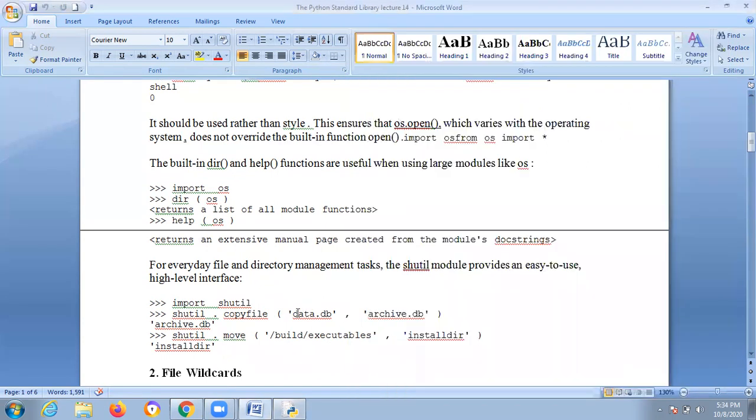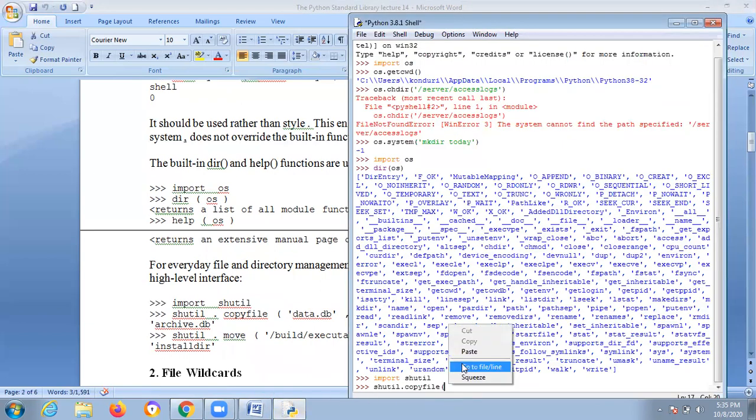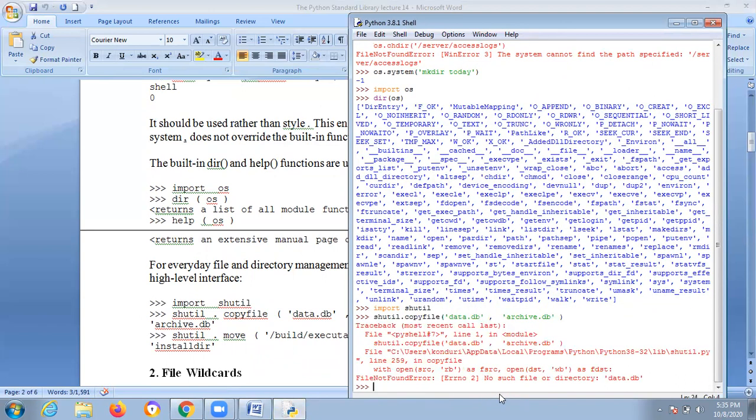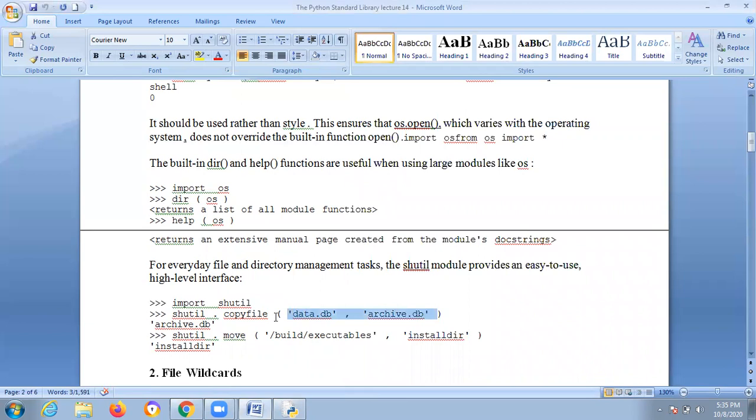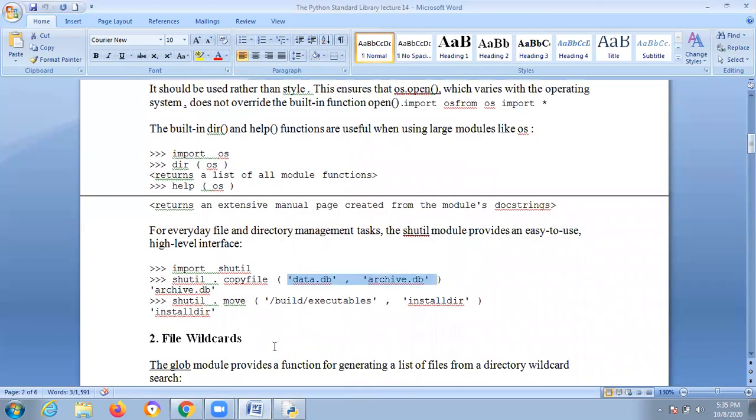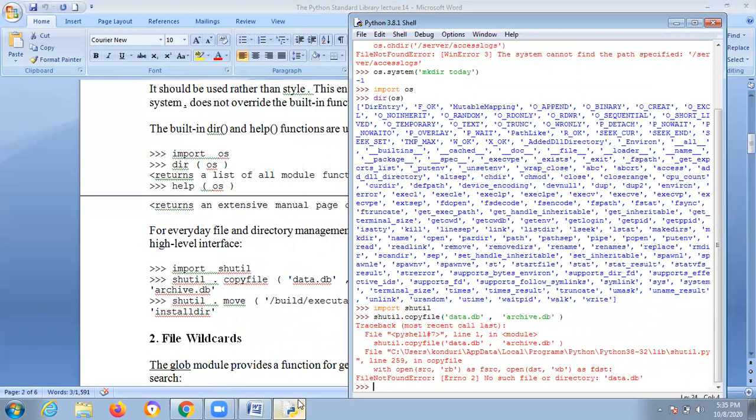Let us consider this entire thing now and work on it. You don't have the directory now, but no problem. Actually, it should be present here, but you need to understand shutil only.